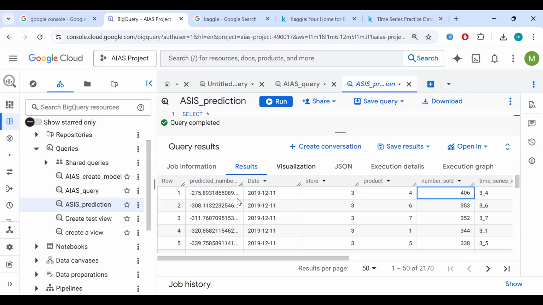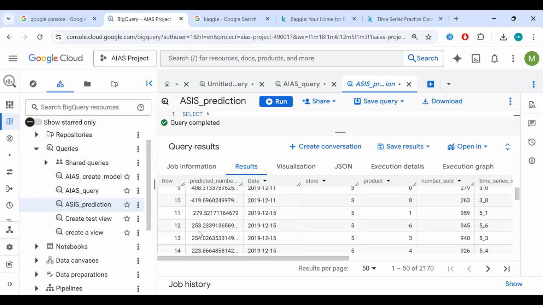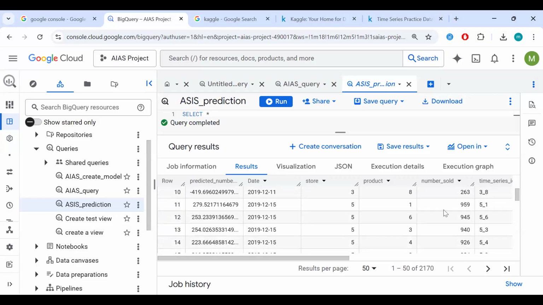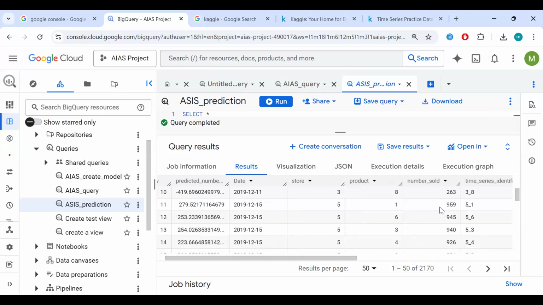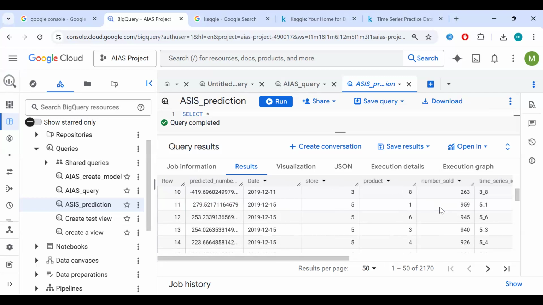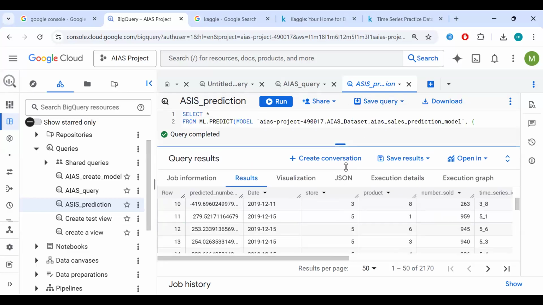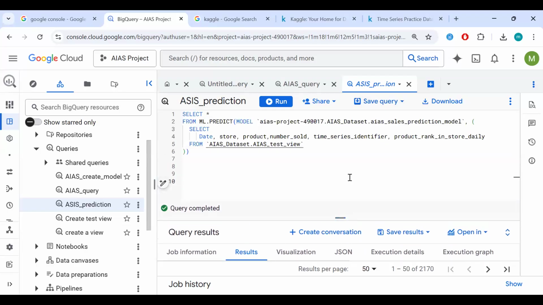But the end goal is to make sure that this predicted number is either 406 or 401 or 402 or 403, 404, and the likes of that. For the positive ones, it's 951, 952. But ideally, you want to be getting 959 precisely, right? This one should be exactly what this is. But what this means is we need to train our model better. It doesn't have enough information to make accurate predictions. And that's where we are. So we could go back and start training again, but unfortunately we won't have time for that in this class because I still want to cover Vertex AI.